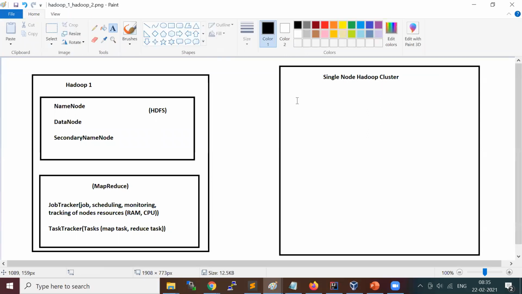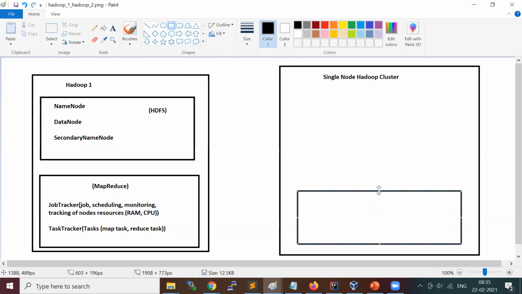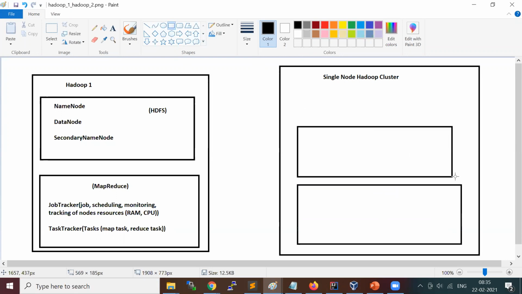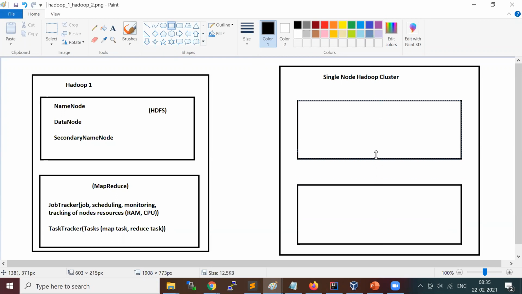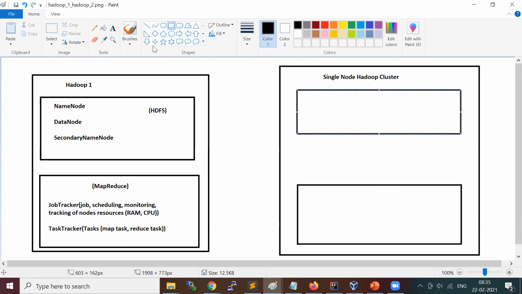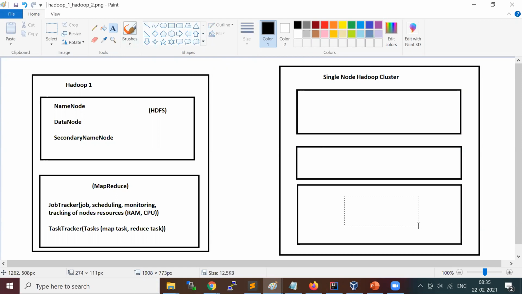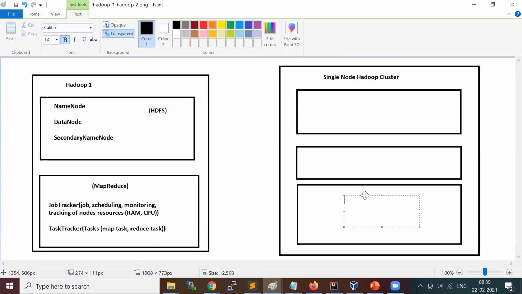Okay, Hadoop cluster, and just to start with, it is going to contain an HDFS component.